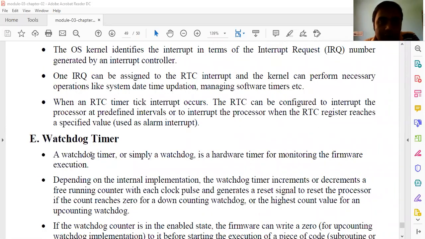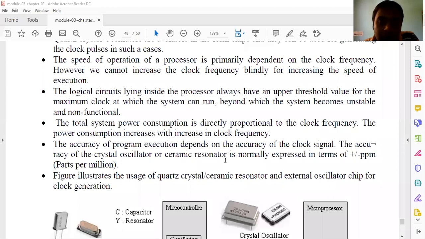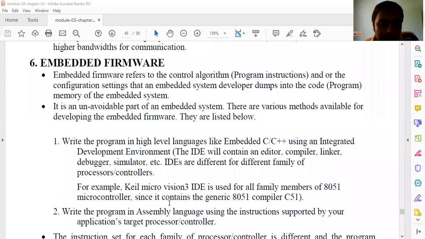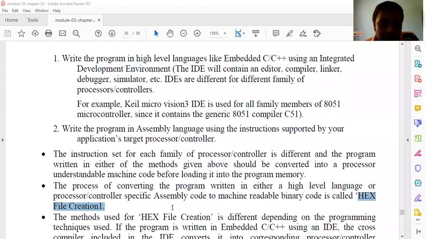It is very, very important, a hardware unit that is used to monitor the program execution or the software execution, right? So we'll discuss them one by one in the next 25 to 30 minutes. The first one,